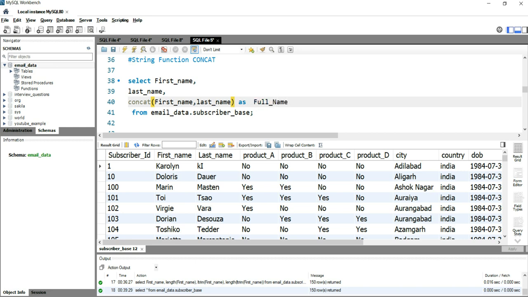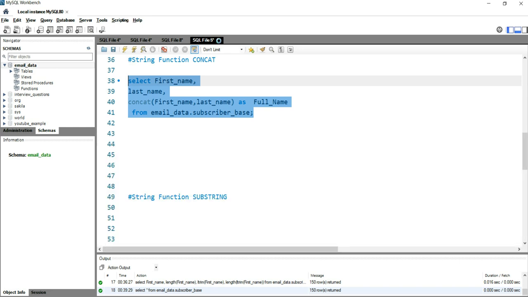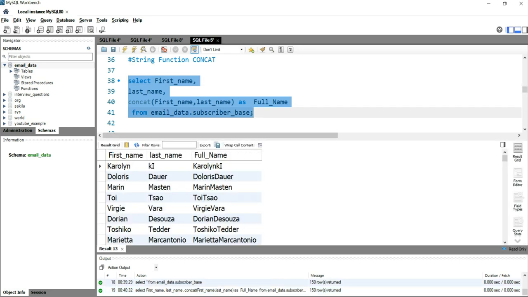Now what will happen if I run this query is that there will be no space between first name and last name, but ideally in a real world scenario we have to put first name, then a space, and then last name, right? But I will show you how you can do that, but right now let's run this query first. So now you have first name and last name, but this full name doesn't have any space, and you are unable to find out which is the first name and last name if I remove these two columns, right?